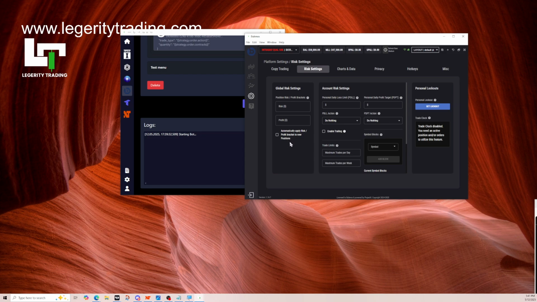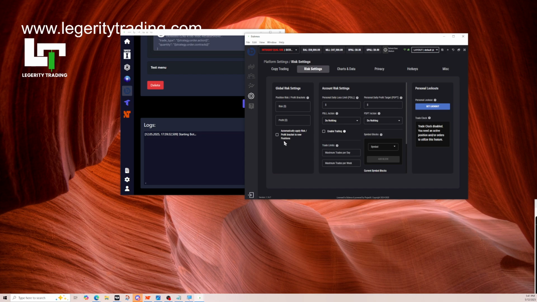Whenever you're running automation on anything, you should be in a paper trading account, a trial account. This is something that we encourage you to use for backtesting and forward testing different strategies. If you are trading it in a live prop account, definitely recommend that you have some sort of global risk